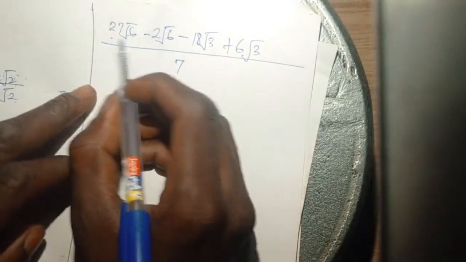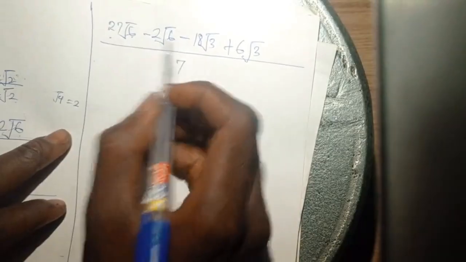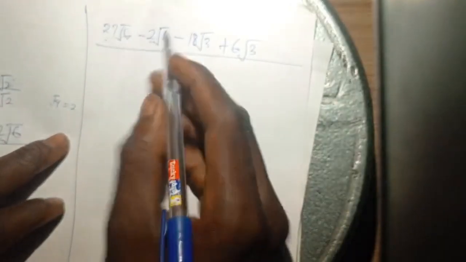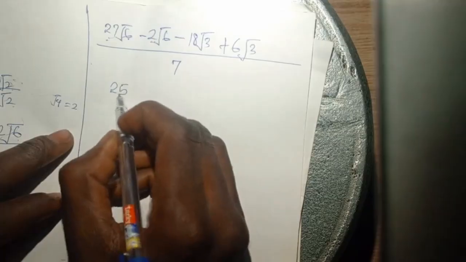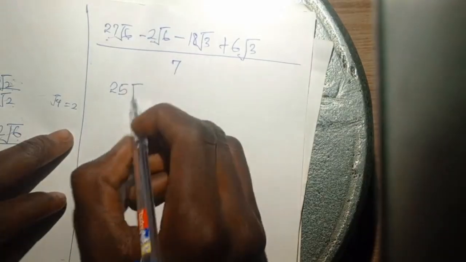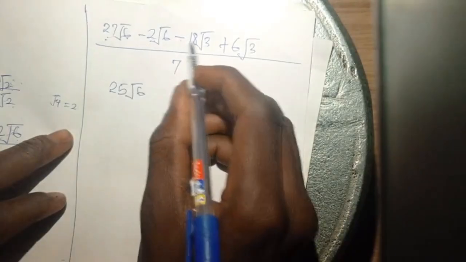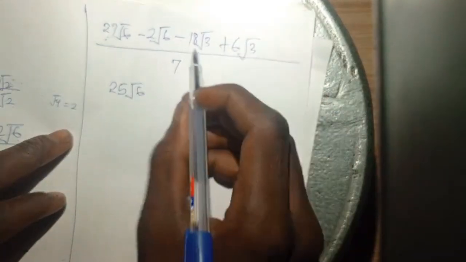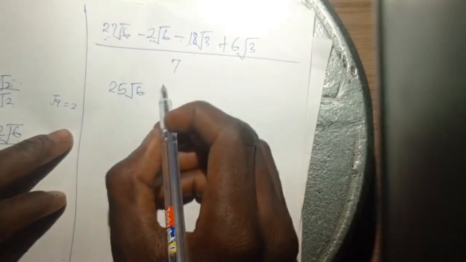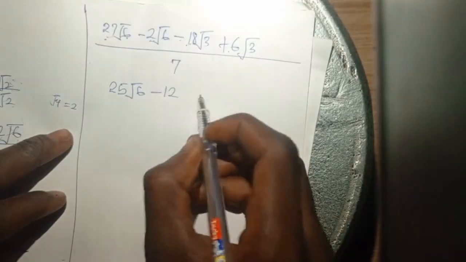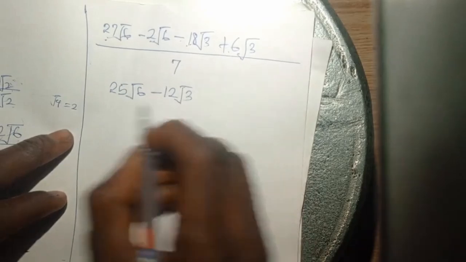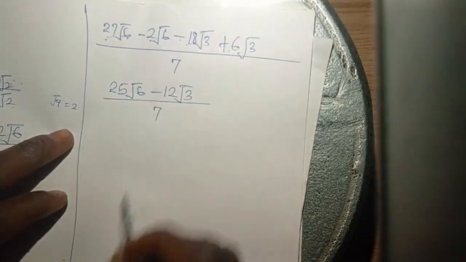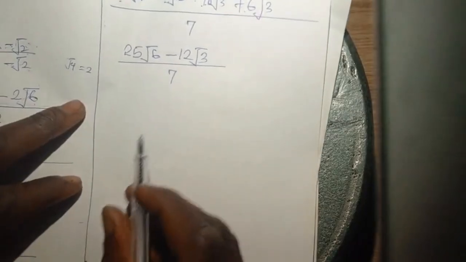So 27 root 6 minus 2 root 6, 27 minus 2 is going to give us 25 root 6. Then minus 18 root 3 plus 6 root 3, just minus 18 plus 6 is minus 12, right? Root 3 all over 7, right? So